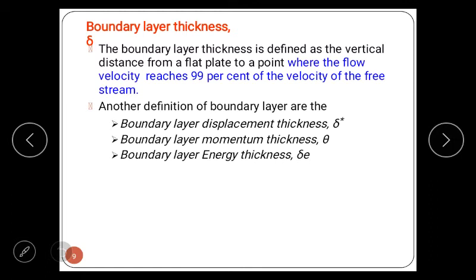Now what is boundary layer thickness? You should remember all the notation for denoting the boundary layer. First, boundary layer thickness. It is denoted by delta, and it is defined as the distance from the boundary to the point where we get the velocity of fluid equal to 99% of the free stream velocity. Now it is approximately that.